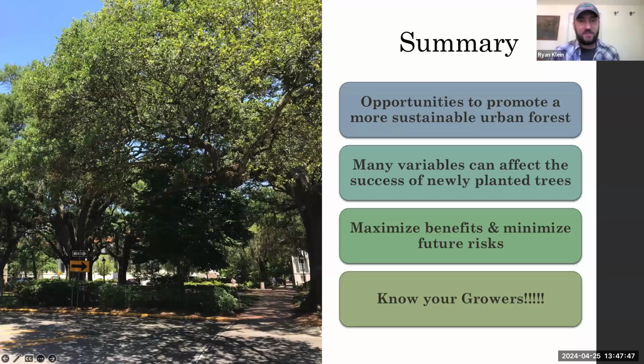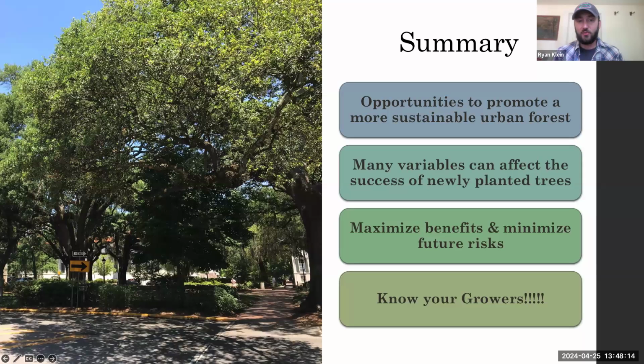So to kind of wrap this up here, you want to make sure you're selecting a species that matches the site conditions that you have. There are lots of factors that are going to affect the success of the planting: site conditions, do you have any design solutions to mitigate some sort of site issue, the quality of nursery stock, following proper planting procedures, and any sort of aftercare.